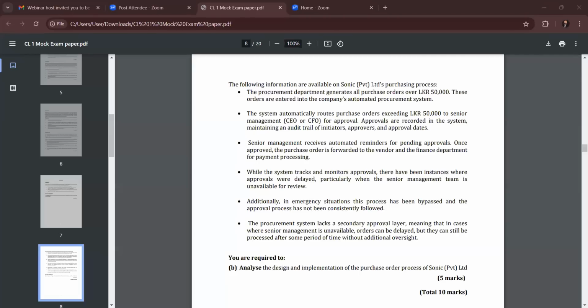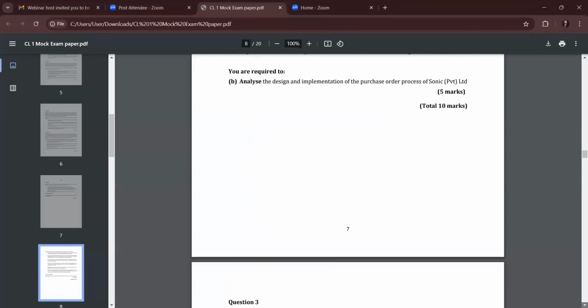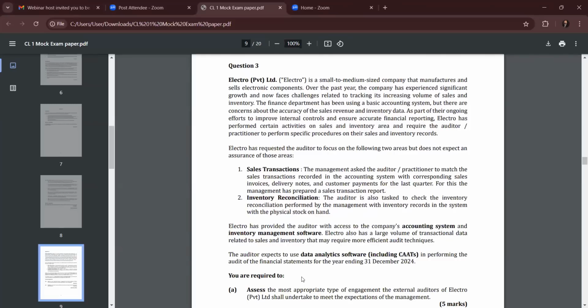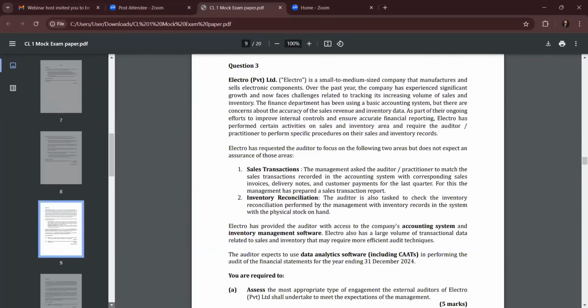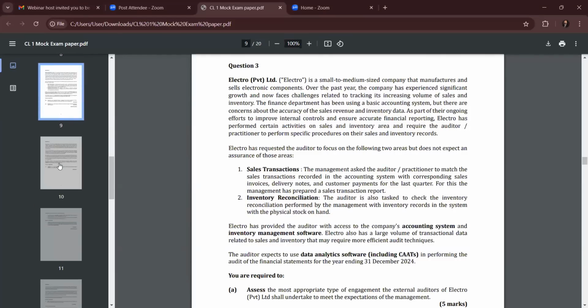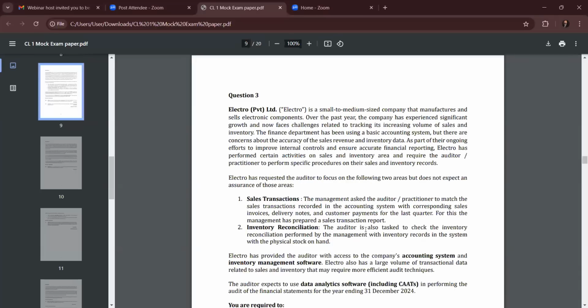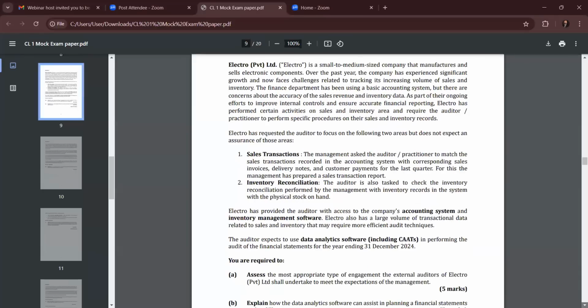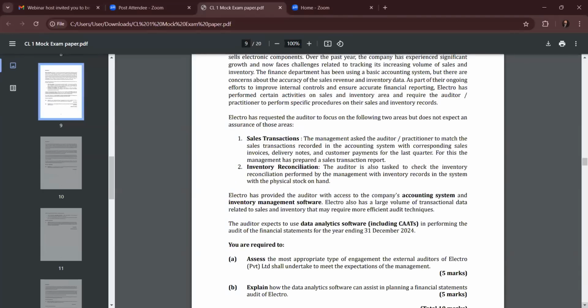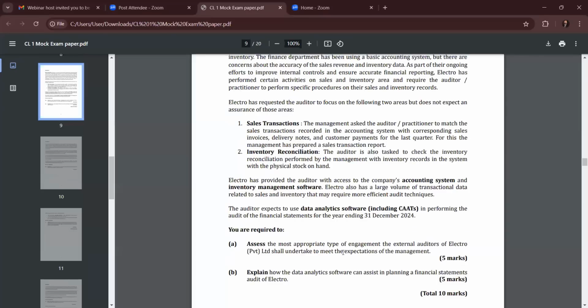Students, let's move to the next one, right? Let's discuss as much as possible. See question number 3. Any question on that? Any area to be cleared in the earlier question? It's an internal control question. Any area to be cleared? No, right? Right. Let's move on, students. Question number 3.